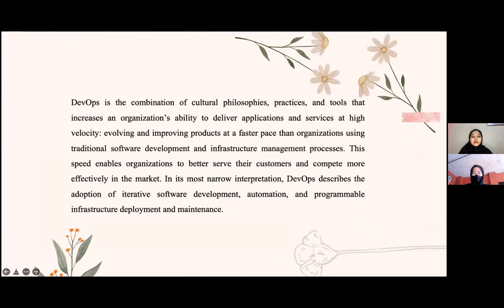DevOps is a combination of culture, philosophies, practice, and tools that increase an organization's ability to deliver applications and services at high velocity, evolving and improving products at a faster pace than organizations using traditional software development and infrastructure management process.